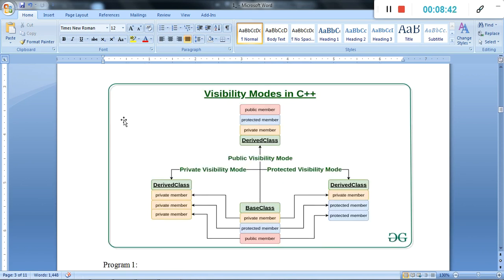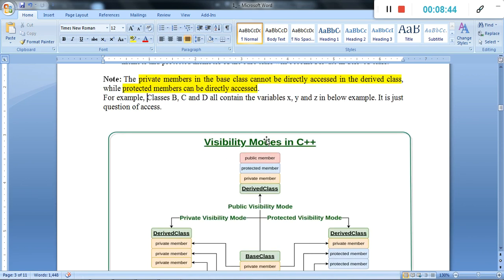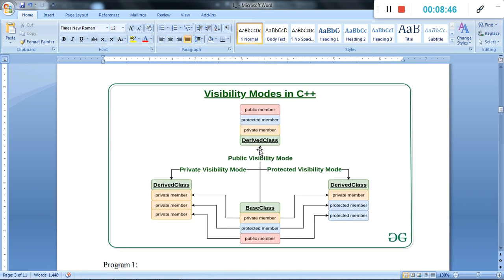For example, this is simply the graphical representation: this is the base class, and these are the 3 derived classes. If the base class mentions a private member, then in all the derived classes it stays private.